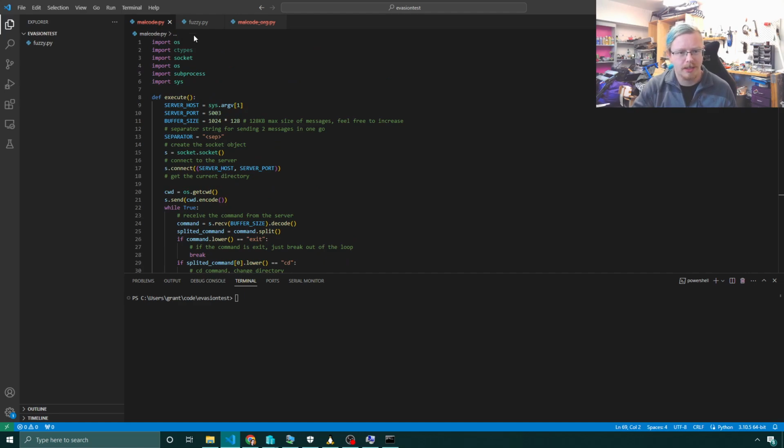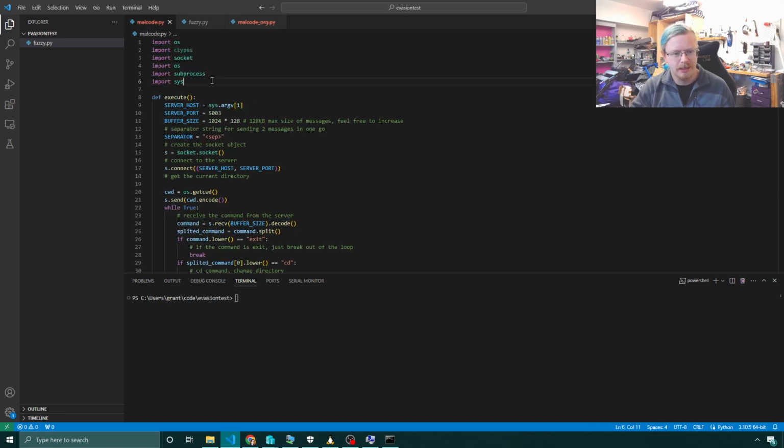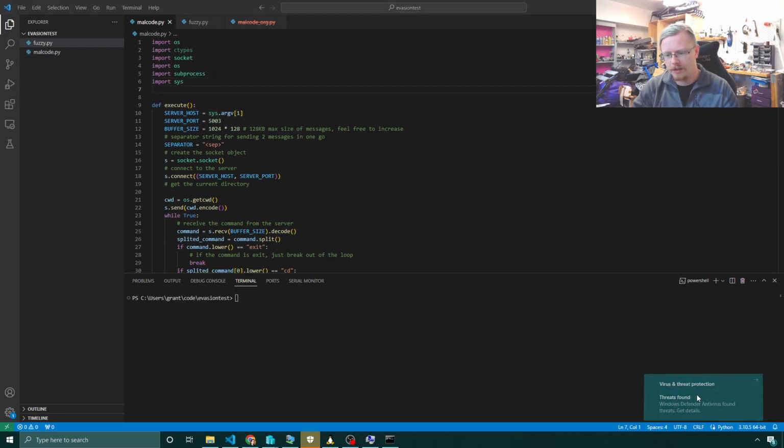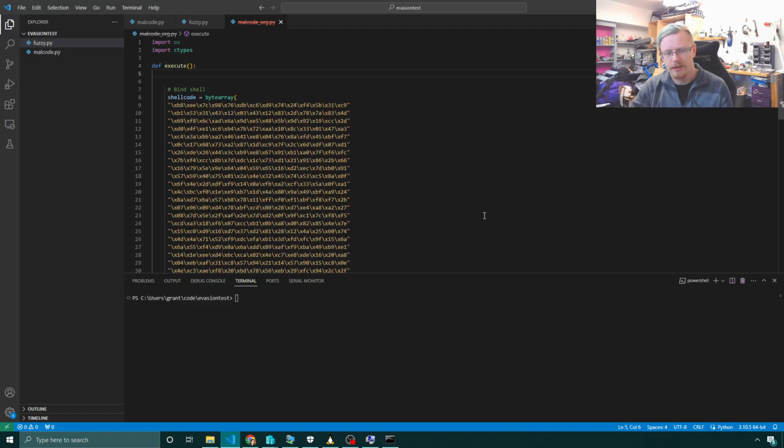And so what I've got here is fuzzy. This is just some Python code to do a fuzzy hash of these two files. So I'm going to tell Defender to allow me to save these files, and then I am going to do a fuzzy hash of them, and we'll see how similar they are. I'm going to allow that on the device. Save that one. Oh yeah, there we go, both of them ran. And actually it's something that's worth